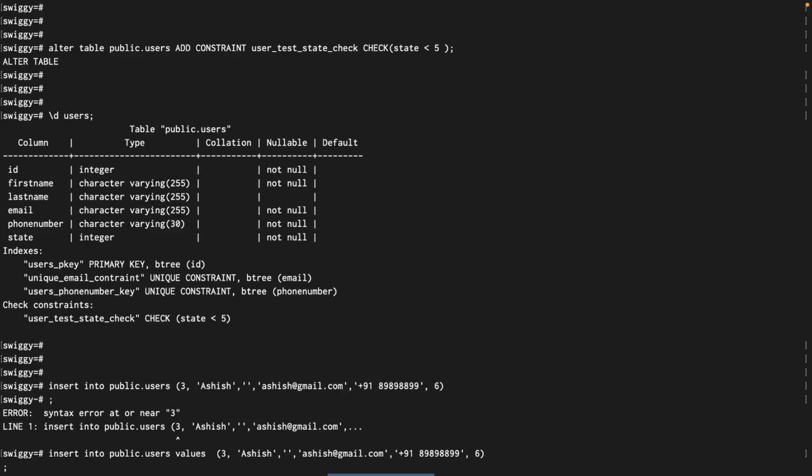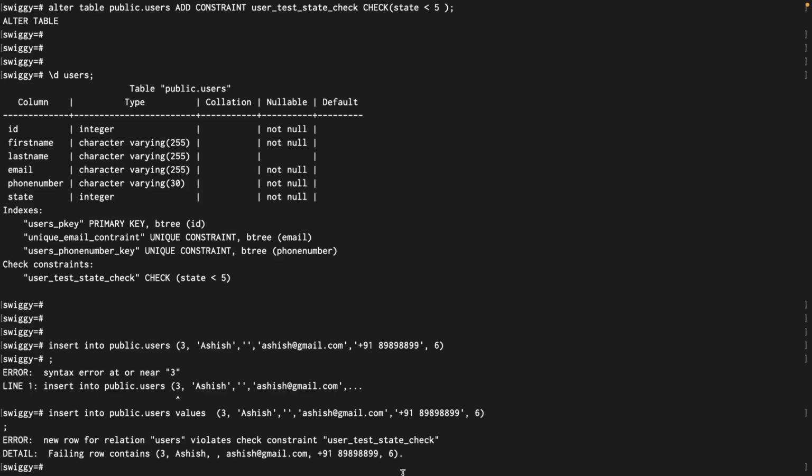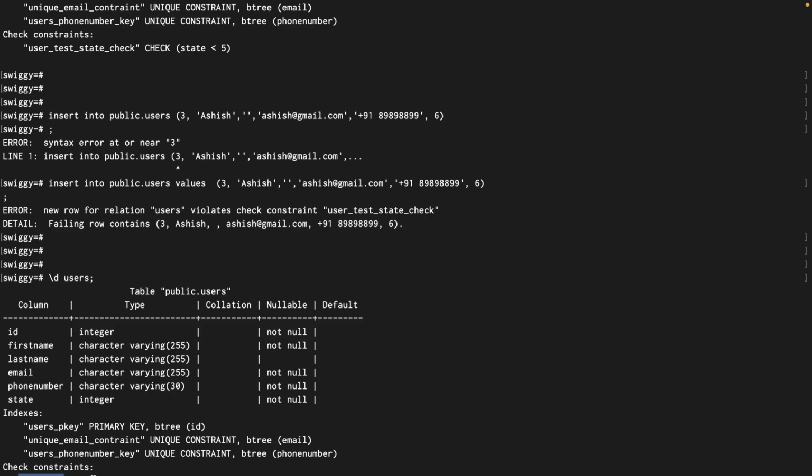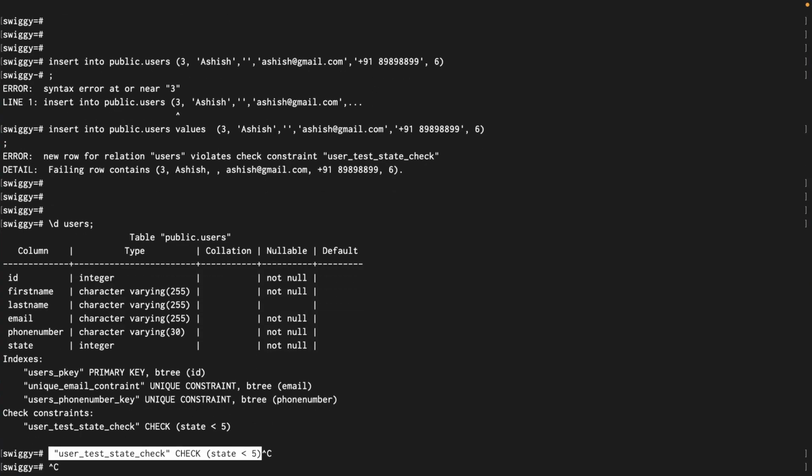So this is why, if someone comes and says, okay, user test state check constraint fails, the check constraint fails, right? One thing they can do is look at this, and they will be able to see that this state should be less than 5, then it's completely cool, no issues, life is good. Otherwise, if it's not visible over here and they don't know how to check these things, then they will go to the